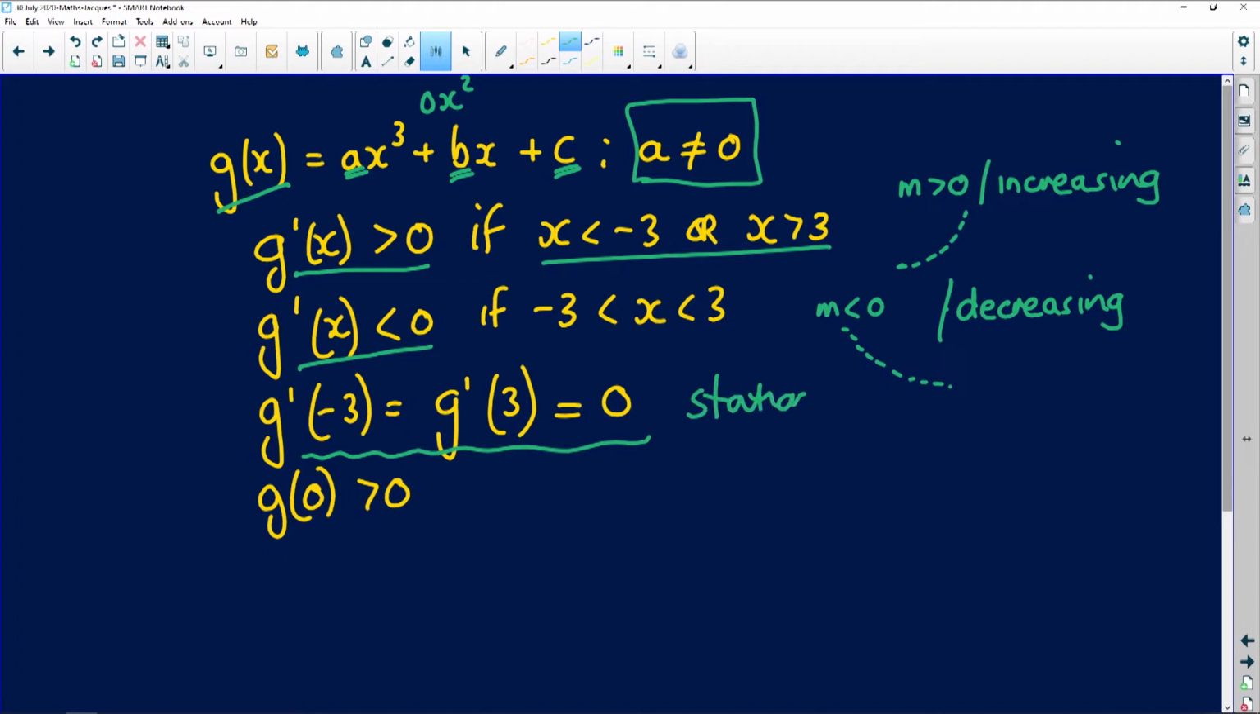Let's write this: stationary at those two points. And what does this mean? Where's x 0? x is 0 at the y-intercept. Now they tell us that the y-intercept is bigger than 0, so it means it is positive. Notice that they did not give us any of the roots. So we don't know the x-intercepts, but that's not a problem. We can draw a